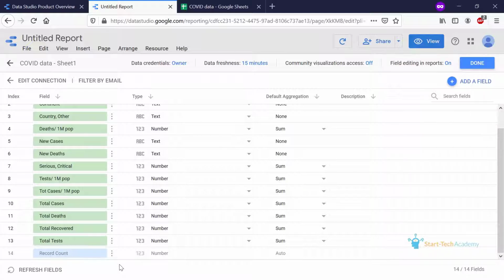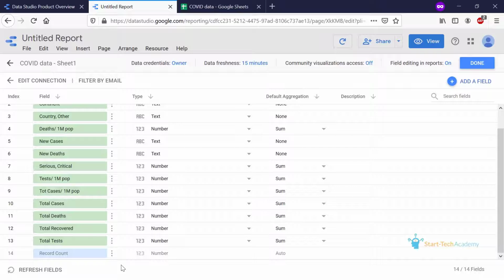Now if you want to get how many sales were made by each salesperson, this record count field will be used there. In our data, each country's name comes only once, so in front of record count you will always get one only. There is no point in keeping this, therefore we have hidden it.